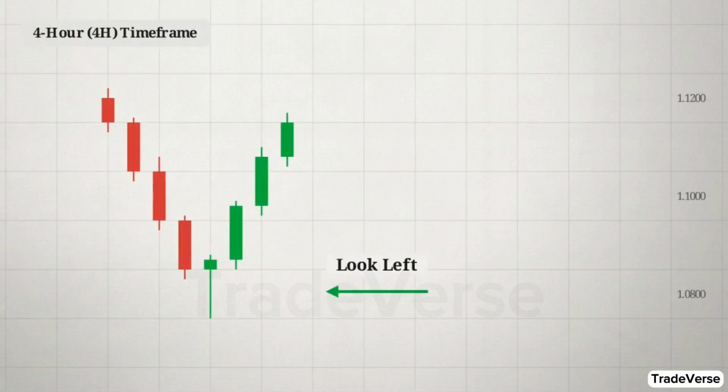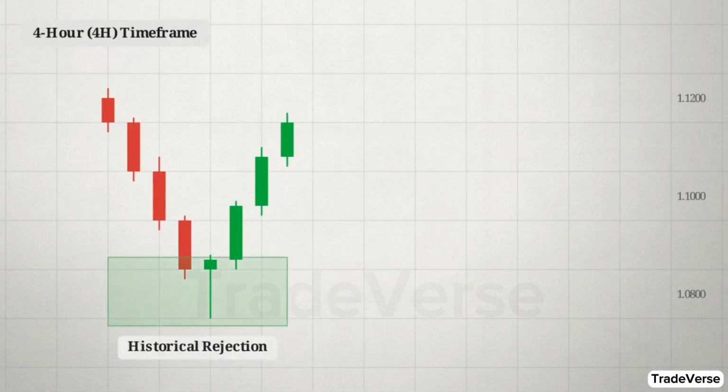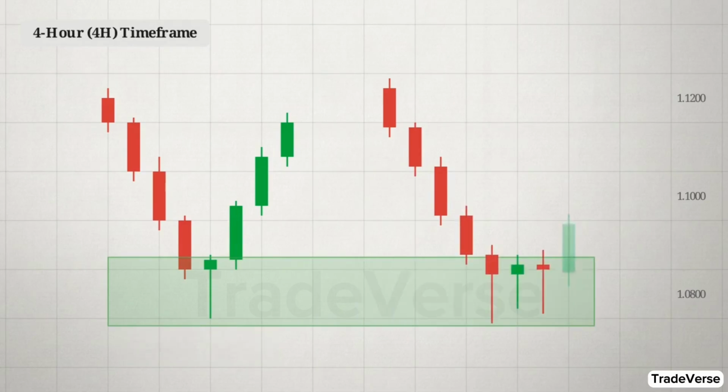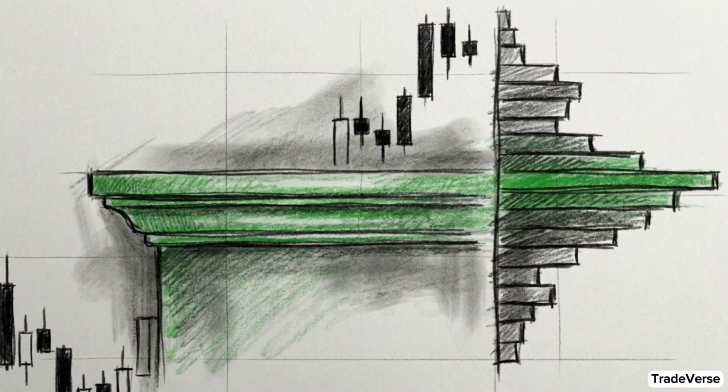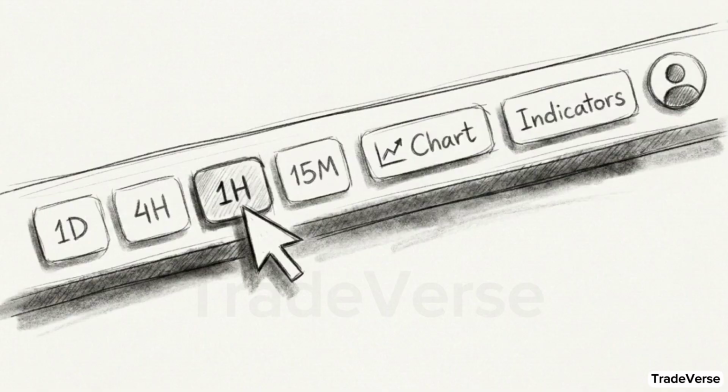Look left on your 4-hour chart to locate historical support zones. You are looking for areas where sellers drove the price down and were clearly rejected by buyers. By establishing this higher time frame structure, we ensure we only hunt for trades at levels where institutional buying pressure has a proven history. Step 2 requires dropping down to a lower time frame, like the 1-hour chart, to look